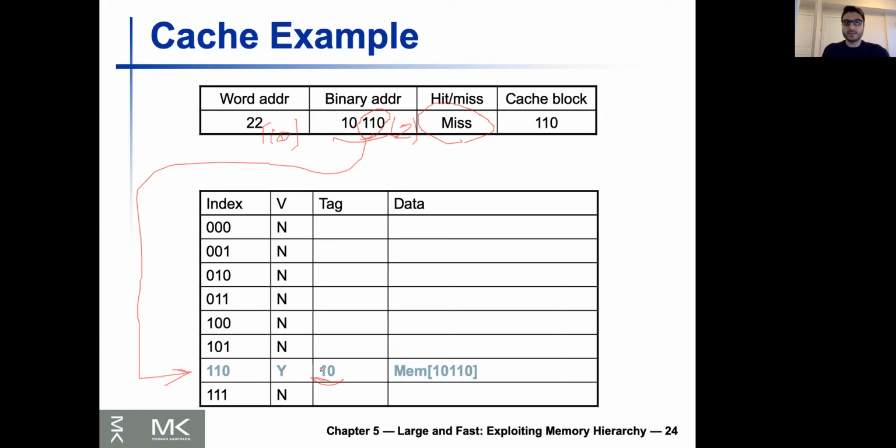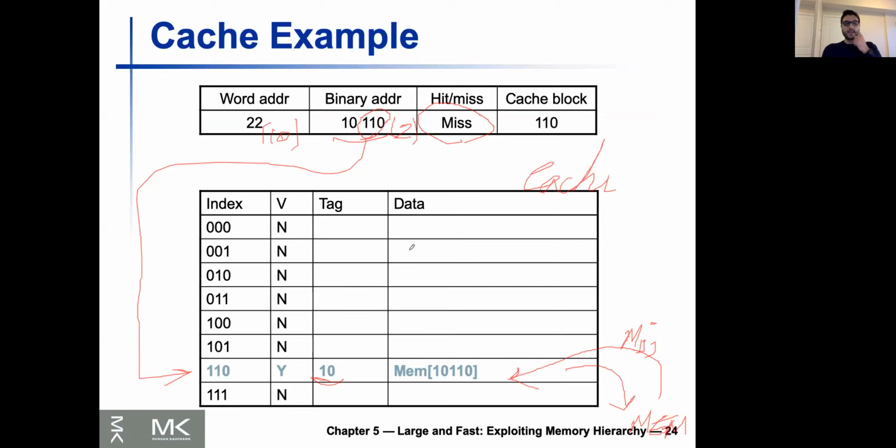It wasn't found. Now we went to a lower memory, which is the main memory. So here was the cache, and we went down to the memory and brought back the reference of memory 10110. So we had a miss, and we paid a penalty to come back down,